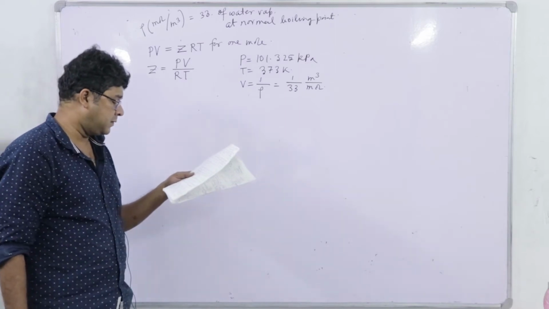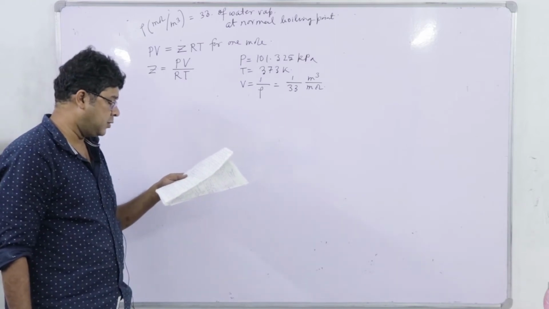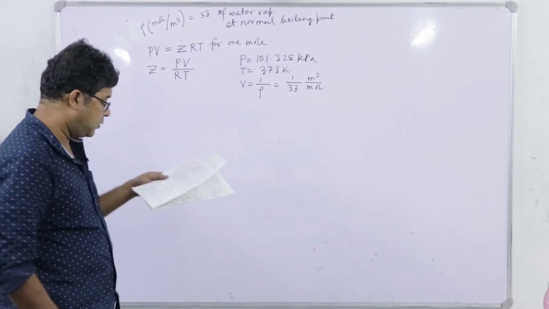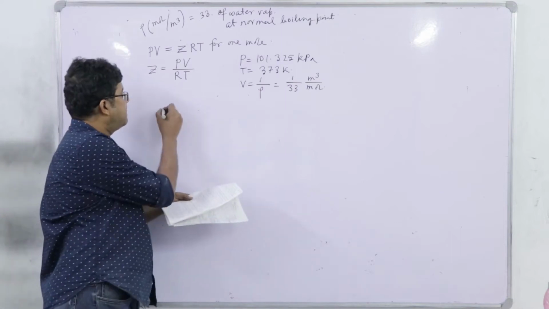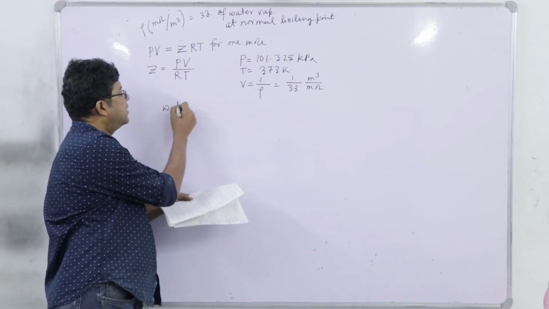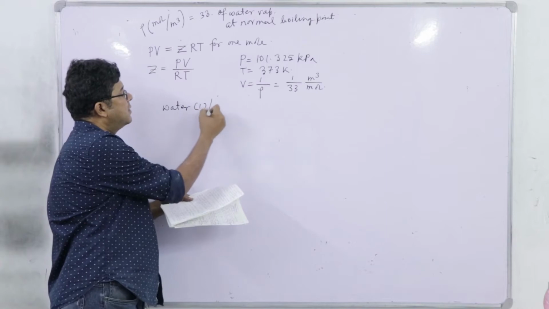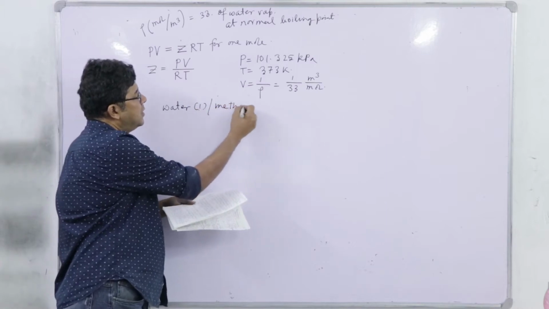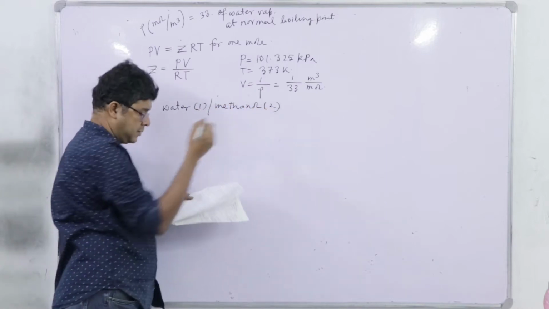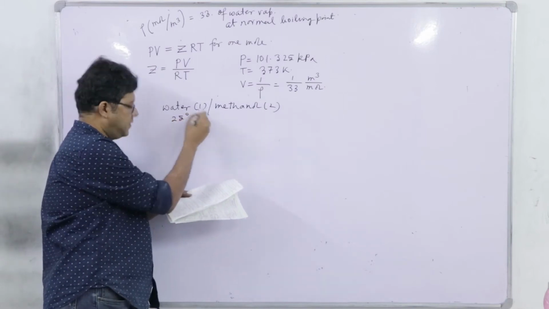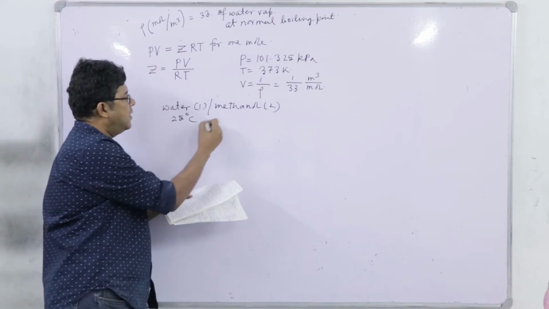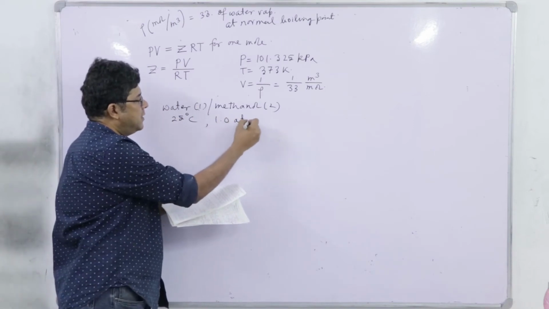So, another question, it is again related to partial molar property. The partial molar volume of water in its mixture with methanol, water 1, methanol 2, at 25 degrees Celsius and 1 atmospheric pressure